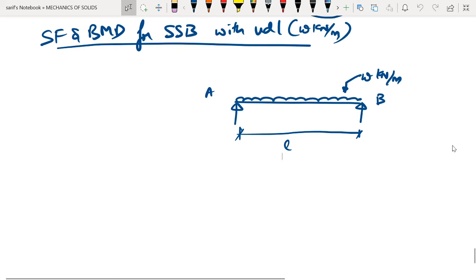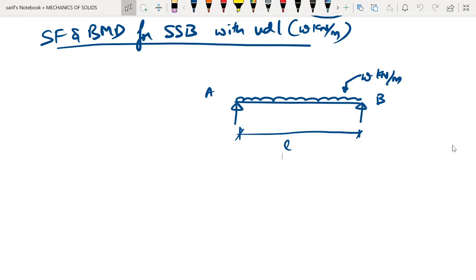Dear students, in this lecture we will be continuing with our discussions on drawing the shear force and bending moment diagram. In the previous lecture, we understood what is shear force and what is bending moment, and we told that to draw the shear force and bending moment, all that we have to do is first we need to identify the